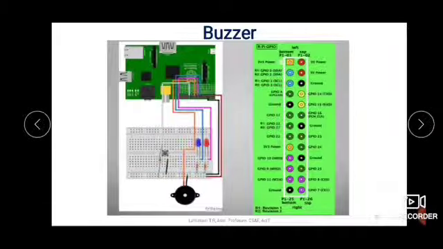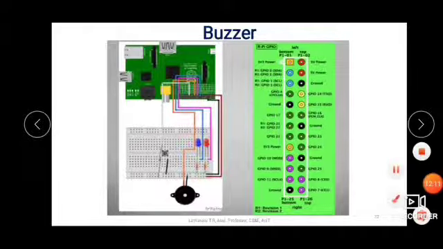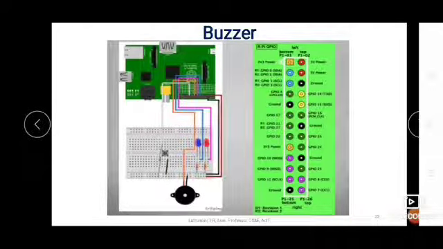The next experiment is connecting the buzzer. So here you can see this buzzer is connected to the Raspberry Pi. Okay, the buzzer is connected here to the pin number 22 of the Raspberry Pi.